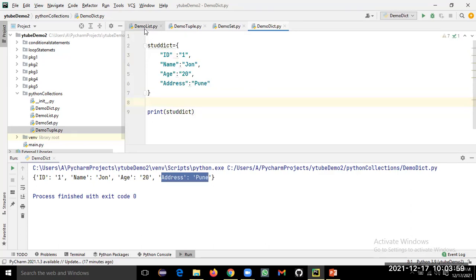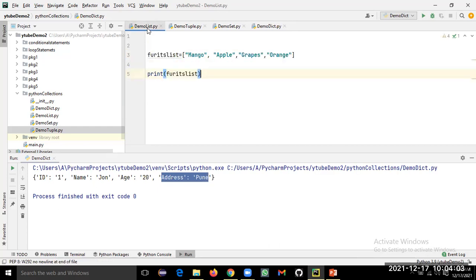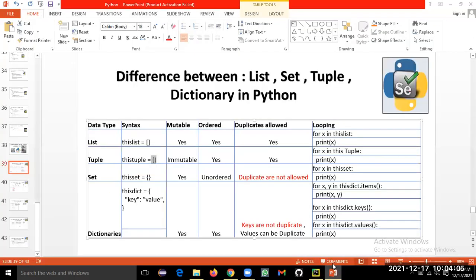So list, tuple, set, and dictionary. Okay. Now let us understand the next difference between all of these things. Mutable means they can be changed. This point we are going to understand with the remove method, means whether we can modify the list, means we can add the item in the list, we can remove the item in the list, we can replace the item in the list. So we can add another list into the list. Okay. So that means we can change it. Change it means it is mutable.